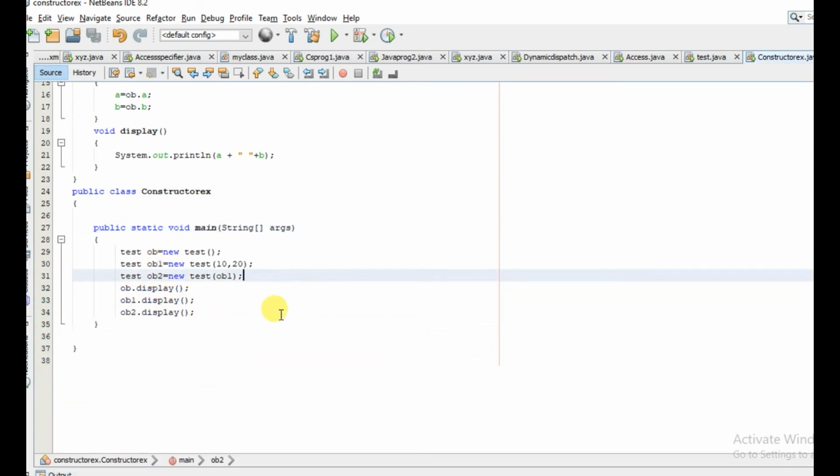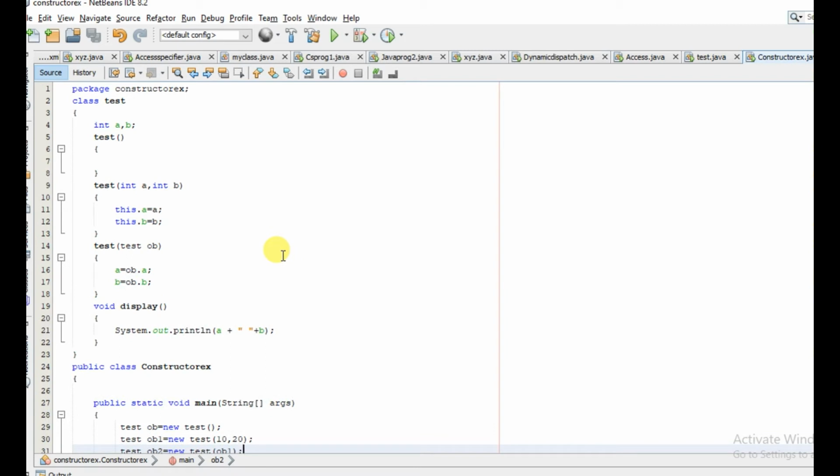So this is all about constructor. So again I am summarizing what is constructor. Constructor is basically a special method which is used to initialize the variables of the class. By default, if you do not specify any constructor, Java compiler provides a no argument constructor or default constructor which initializes the value of variables by the default values.